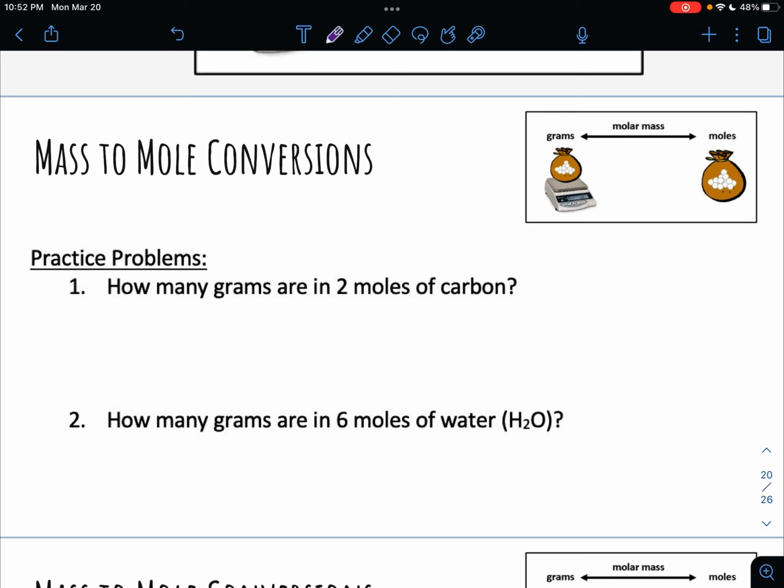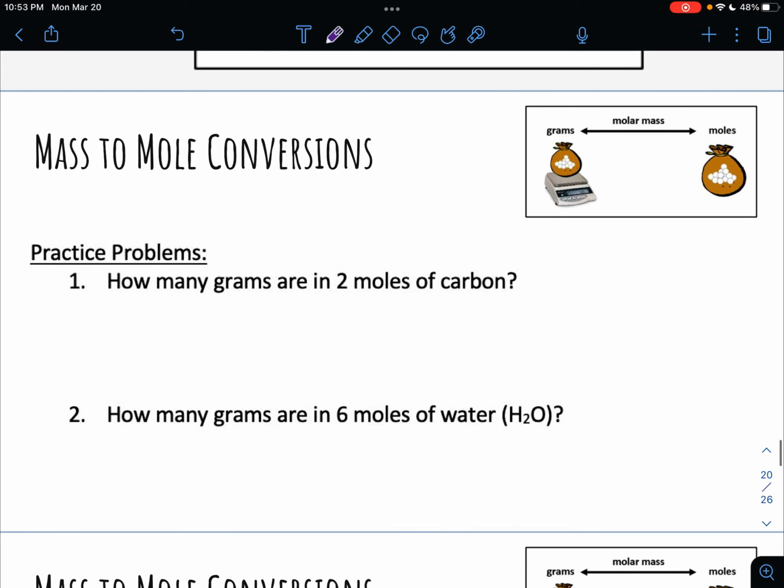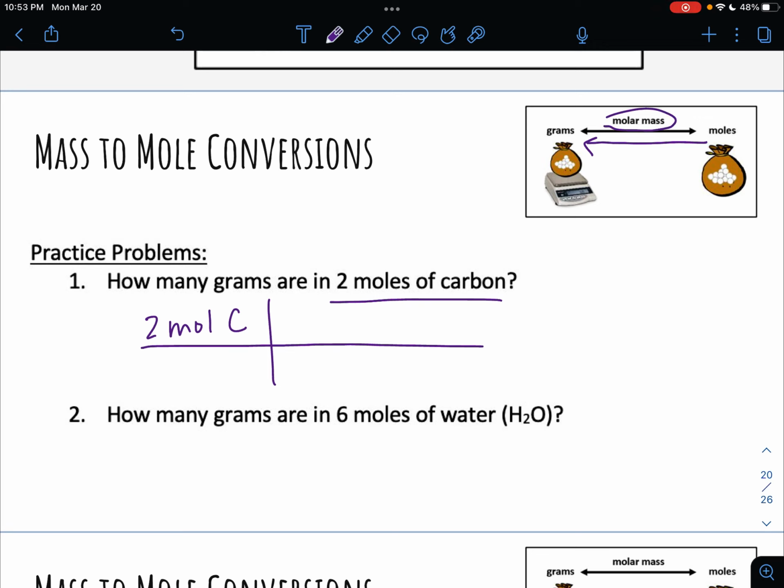Again, whenever we do these, we're always starting out with what we're given. We're told that there are 2 moles of carbon, and I'm looking for grams. So how can I go from moles to grams? We're going to use our molar mass. So that means I need to think about what carbon